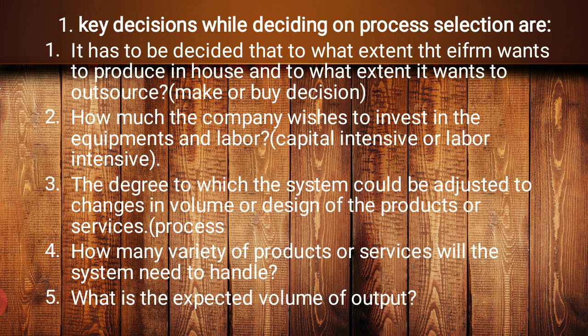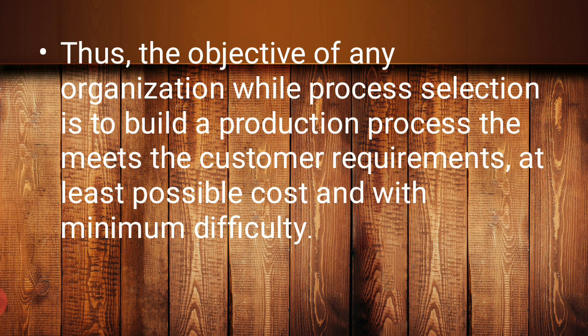The next and the last one is, what is the expected volume of output? That means the output has to be decided beforehand. At least tentative outputs have to be decided, that these many products we may require to produce at the end, and then the process has to be selected. If it is bulk production, or if you are going for a customized product or maybe a job shop, then the things would change accordingly. So depending upon so many factors, the manufacturer needs to decide what type of process will